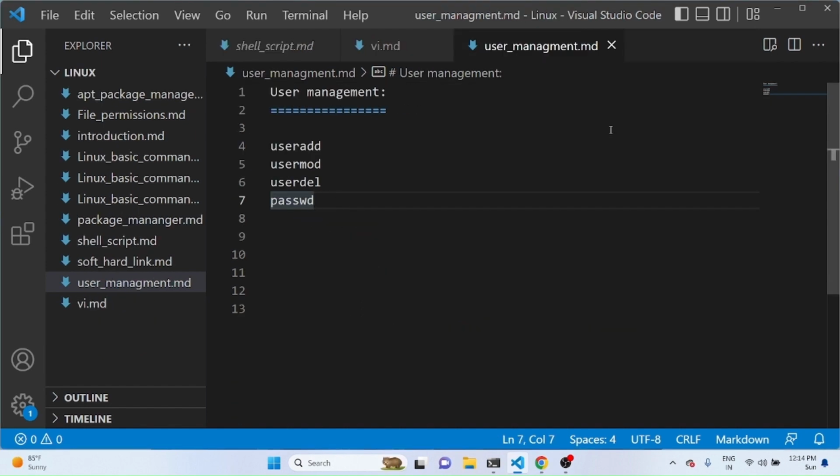Today we will learn how to manage users in Linux. While managing users in Linux, we will understand these commands for creating users, modifying users, deleting a user, and assigning a password to a user. So today we will discuss these 4 commands in today's session. Okay,